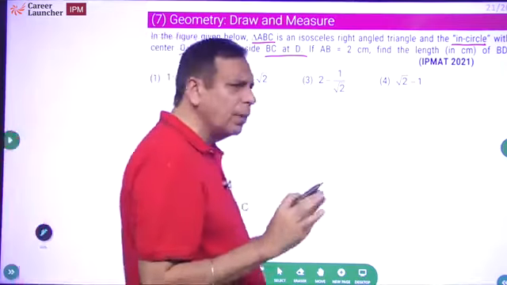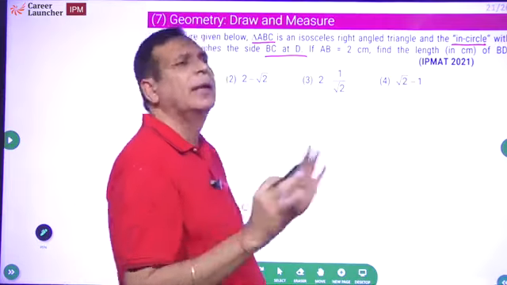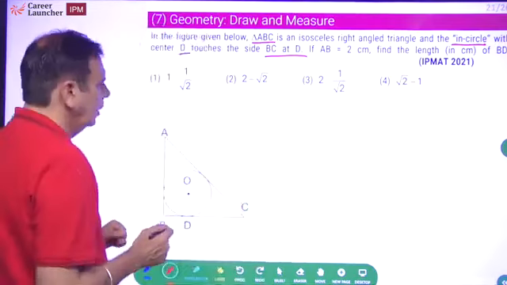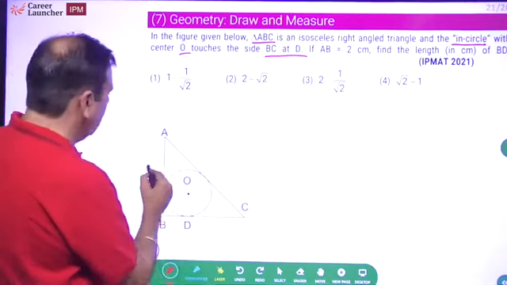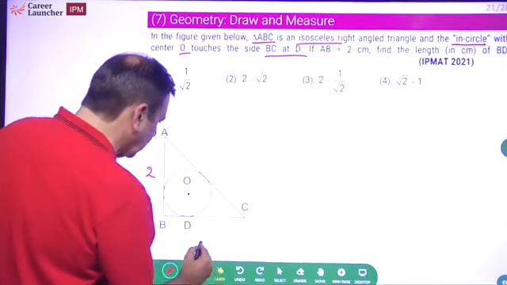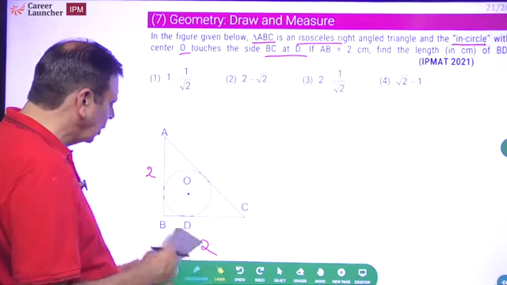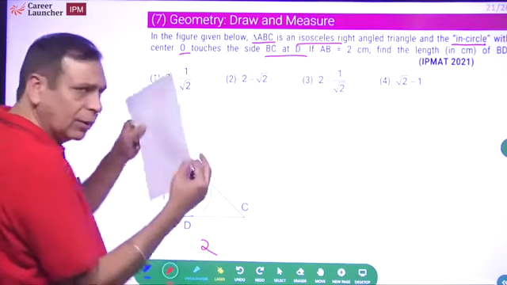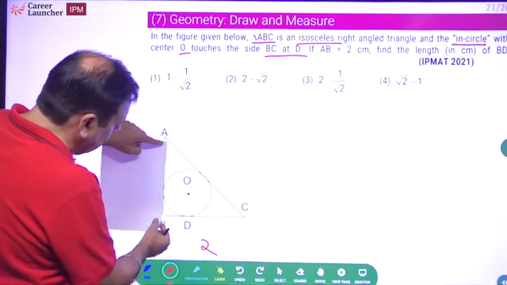What you always need to remember is your figure should be to scale. If you have drawn the figure correctly, you will get the answer from the figure itself. Okay. It says AB has to be 2. So as per the question, AB is 2 and this is an isosceles right angle triangle. So BC should also be 2. Okay. Let's check whether the figure is correct or not. So what should you do? Take your rough sheet. In your exams, you will get a rough sheet. Keep it on the screen.